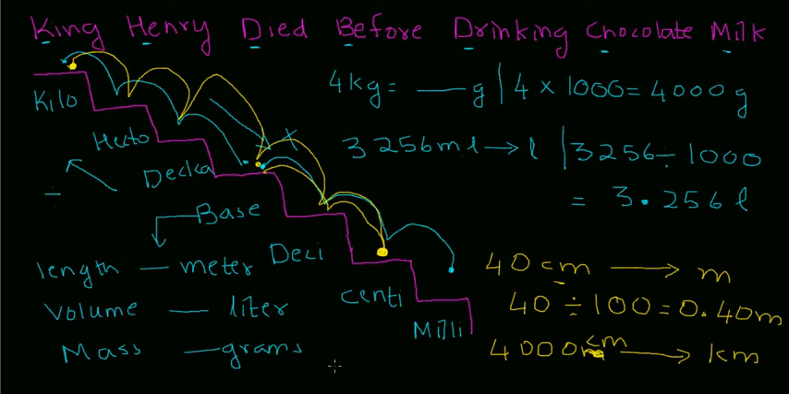Now that's 5 steps, and since we are climbing up, we would have to divide. So 4,000 divided by 1 followed by how many zeros? 5, because there are 5 steps. So that would give me how much? See, my decimal would be here, so it's 5 zeros. 1, 2, 3, 4 and 5. So 0.04